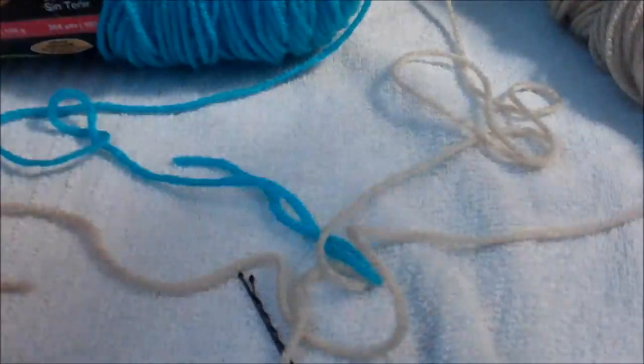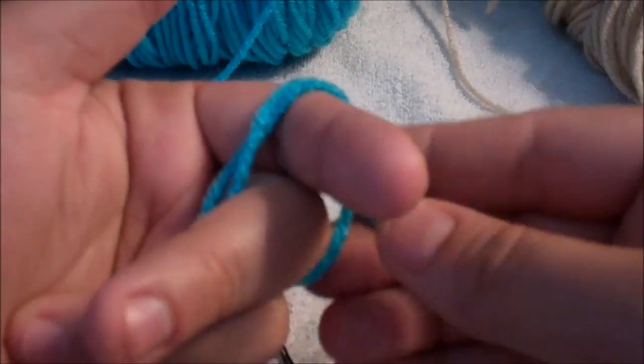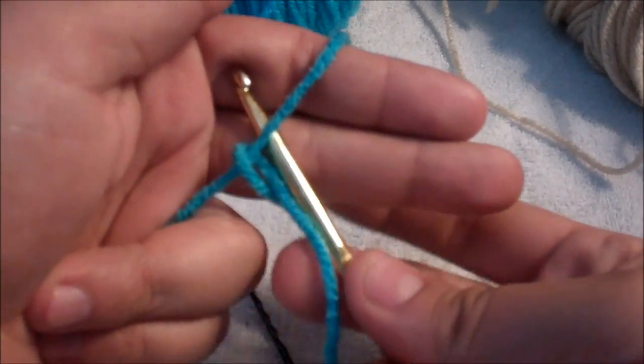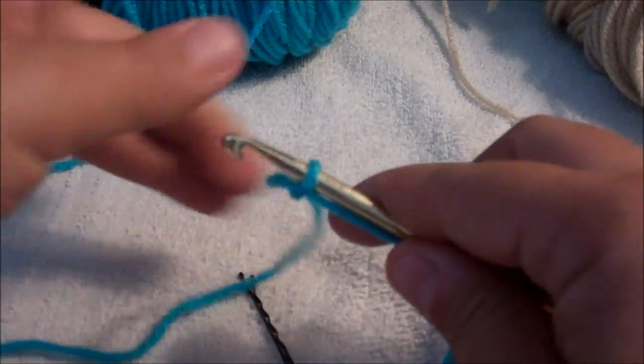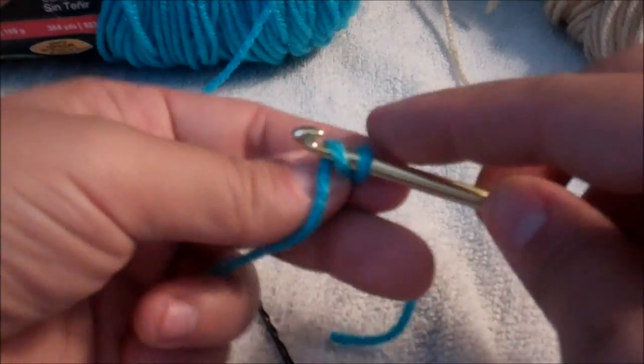And what we're going to do here now is put this to the side because we're going to now work on the hair. For the hair, you want to get your blue yarn, make a slip knot, and chain up 35. 1, 2,